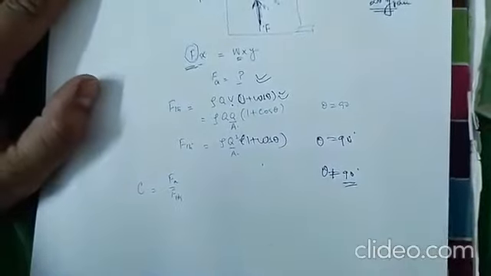I will provide you all the readings for the different weights, say 20 grams, 50 grams, and 70 grams, for the hemispherical vane, for the circular vane, and for the conical vane. All you have to do is perform the experiment, find the actual value and the theoretical value. The ratio of the actual force and the theoretical force will give you the coefficient of vanes under the impact of jet. Hope I am clear with this video.